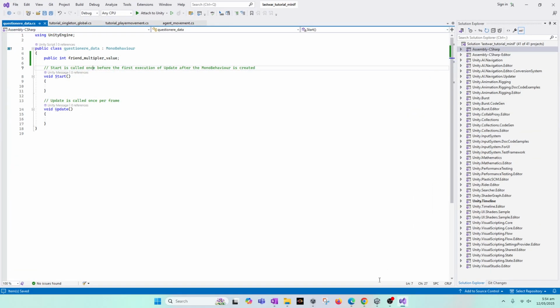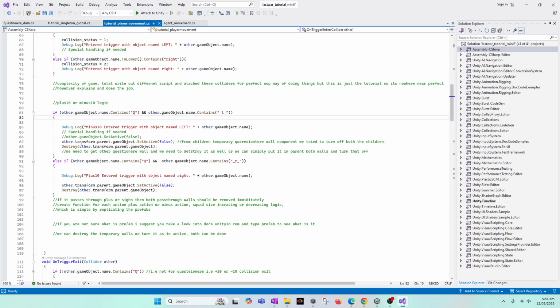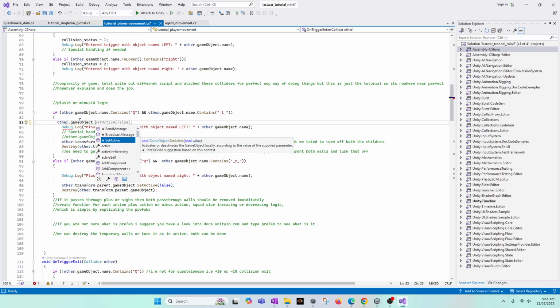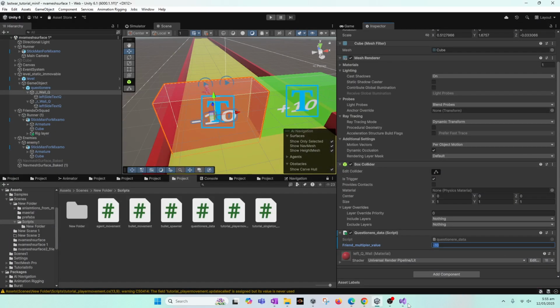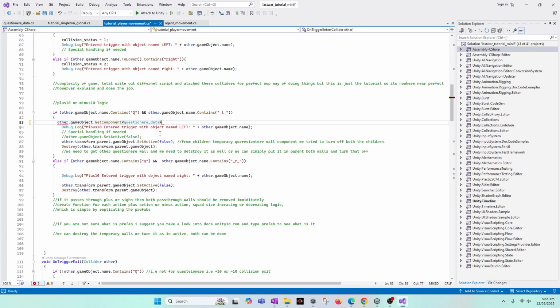And now when we head over to our script, which was this one, here we will simply try to get other dot gameObject dot GetComponent, sorry, this one, questionnaire data, dot